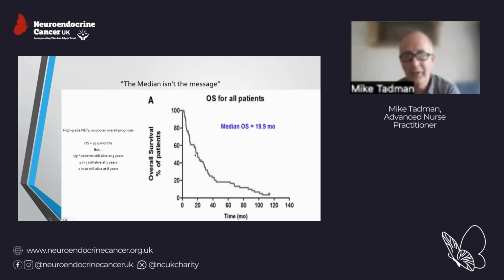But what happens to this curve is, if you follow it down, it goes out a really long way. This is typical of most cancer survival curves and treatment curves, what we call this right skew. So the left-hand bit's quite squashed in, and the right-hand bit beyond the median goes out a long way. As you see, it gets out to 120 and it's still not got down to 0. So this figure of 19.9 months, which many people might see as the average survival,